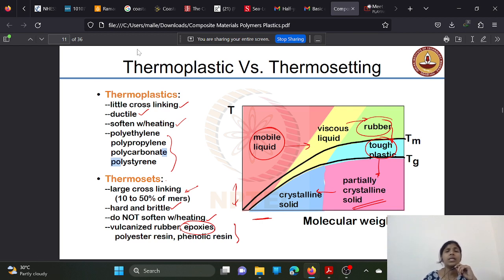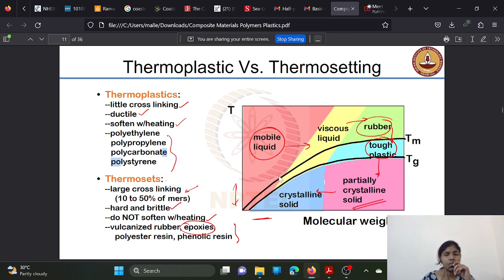Okay, see here, this is a graph showing the temperature versus molecular weight, temperature on y-axis and molecular weight on x-axis. And see, this is for a crystalline solid, and for mobile liquid, at higher temperatures the material is converting into mobile liquid, but here the molecular weight is very less. And this is the case of viscous liquid and this is the case of rubber, and from mobile liquid to rubber the molecular weight is increasing,